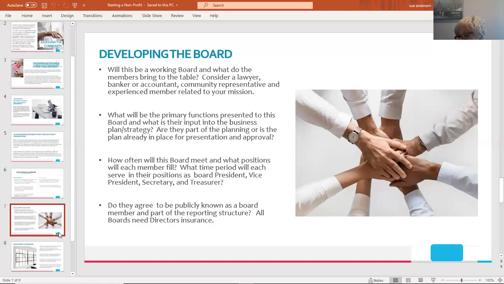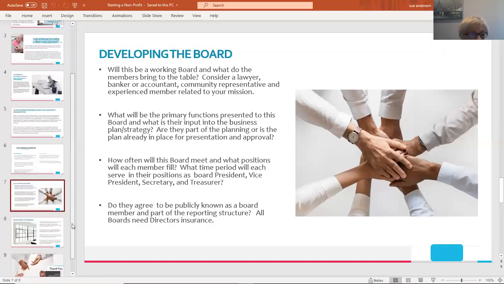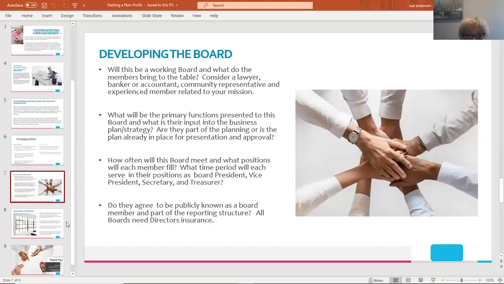I do think from an organizational standpoint, it's a responsibility that there's director's insurance. And by director's insurance, I mean that it allows that there is no liability to the board of director membership for anything that the organization does, unless it's a criminal act. They are held non-responsible for the activities of the organization because they have insurance for that liability.